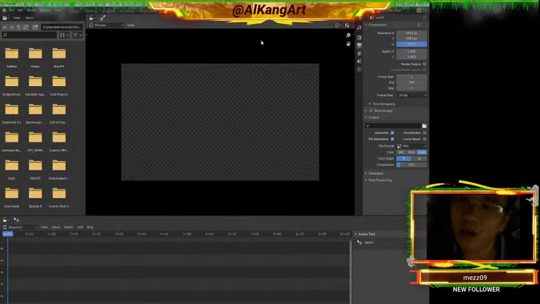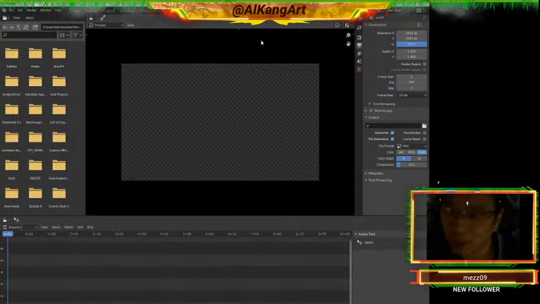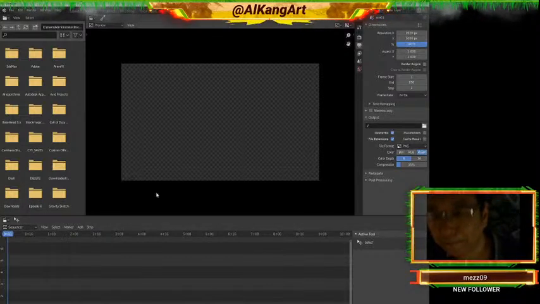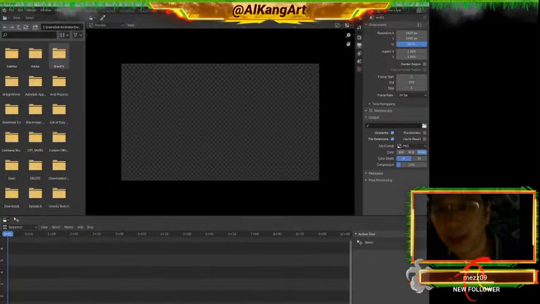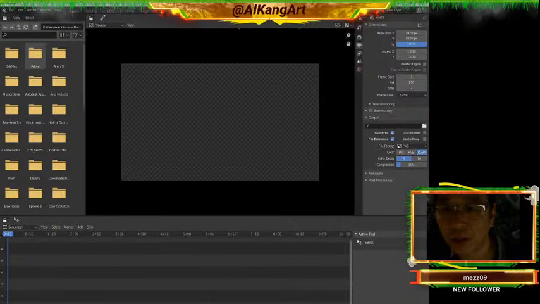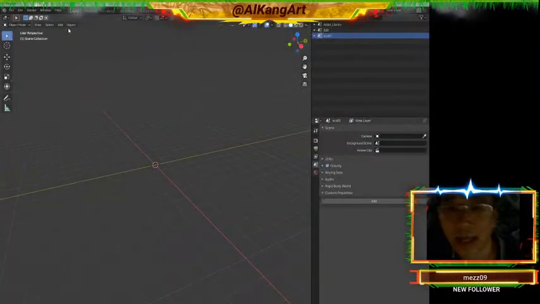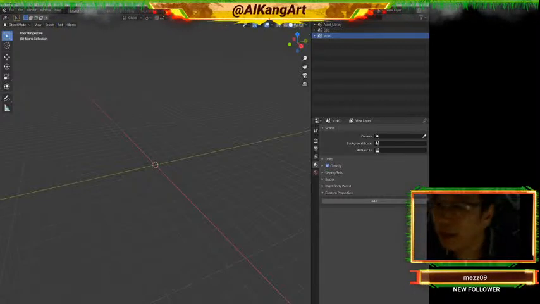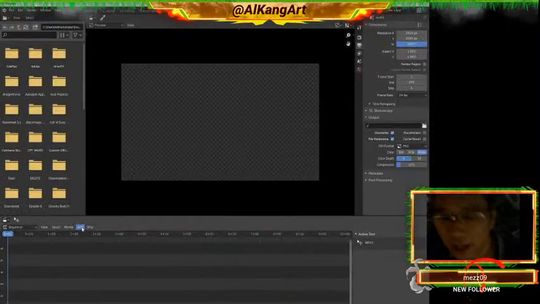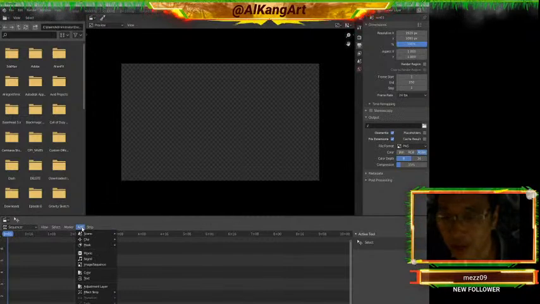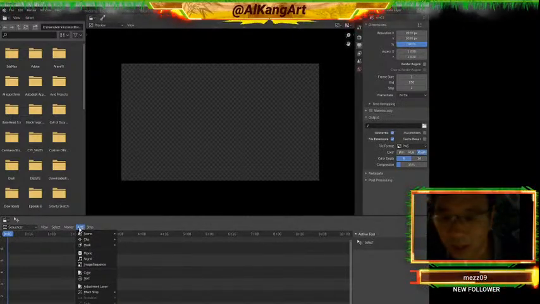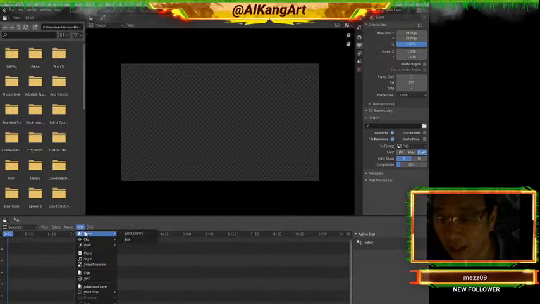Let's say I wanted to add scene 1 to my timeline, right? So I'll come down to the timeline. Now, the main menu has an add functionality, and that's to add stuff to the scene that you're currently in. But if you come to the video editing section, there's another add drop down here. And this is where you add elements, objects, actors, etc. into your timeline. So I'm going to come in here and add a scene, right?